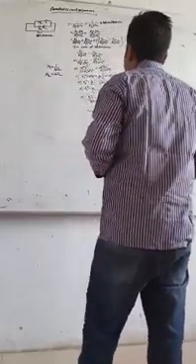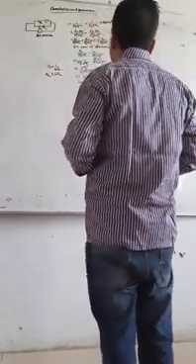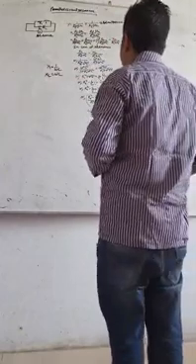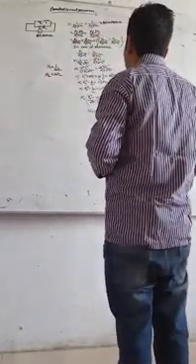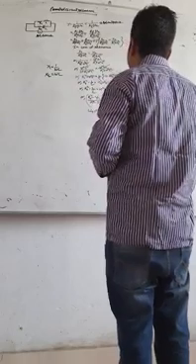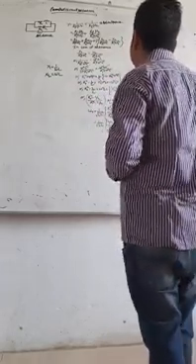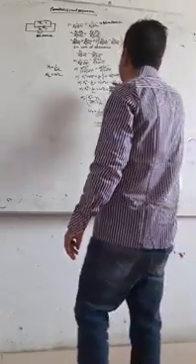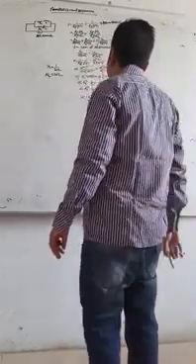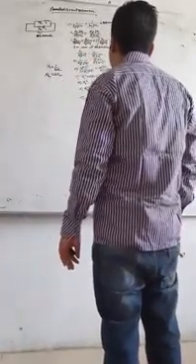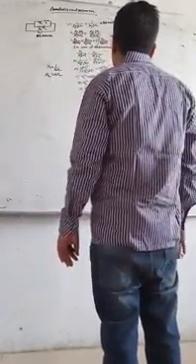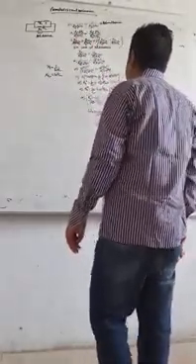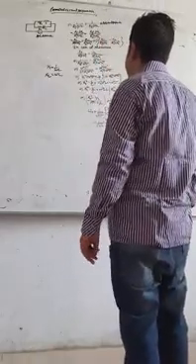Omega square cancels out, C will cancel out. So your result is R1 square plus omega square L square equal to L by C into (1 plus R2 square omega square C square). Now take the L by C term to the LHS, and bring the omega square L square term to the RHS. LHS means left hand side, RHS means right hand side.